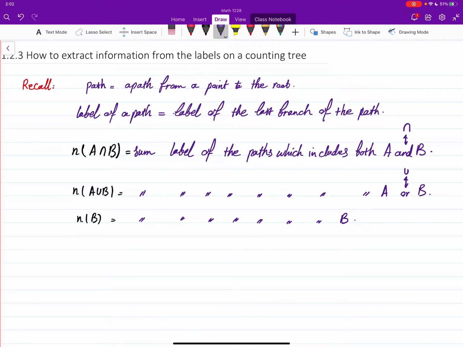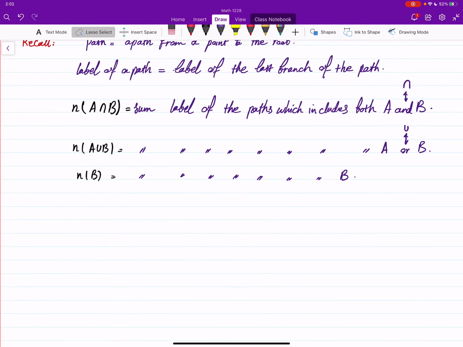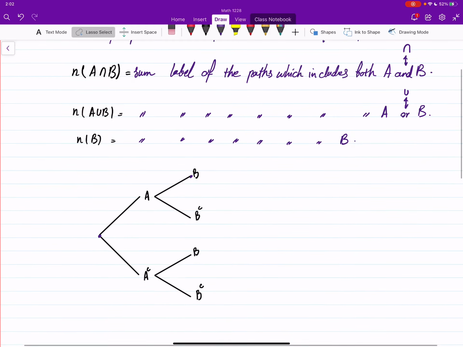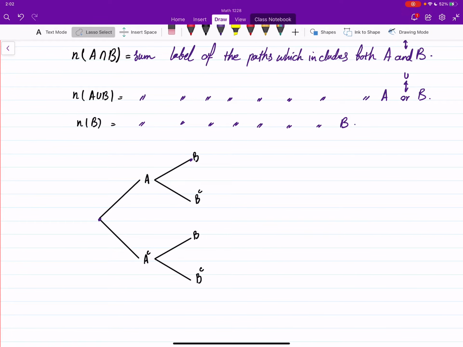Any set given, we translate it into ands or ors, and then find all the paths which have those properties, and then add the numbers there. Well, let me show you at least one example of what I said here based on